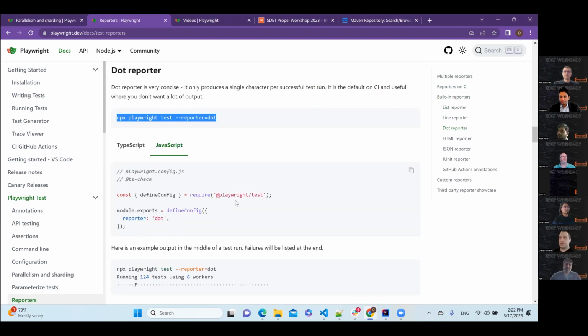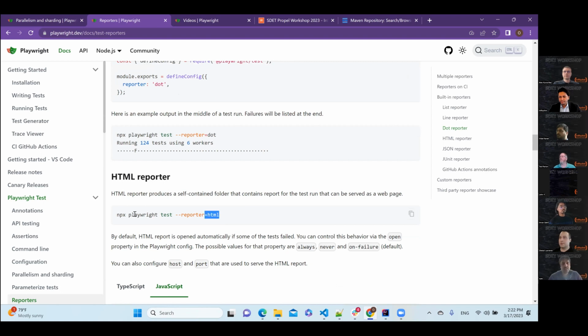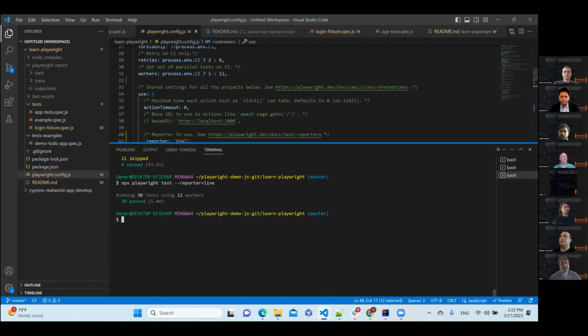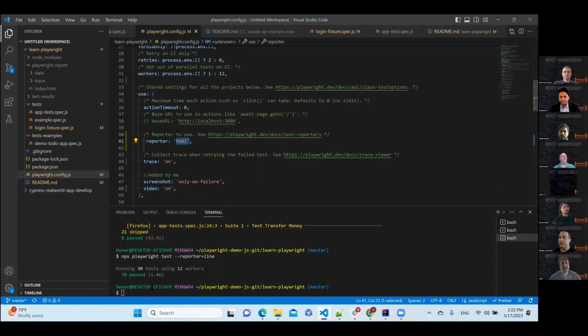But the most important test report is HTML. And I noticed that even if I have HTML by default in the config, after I run different types of reports, it starts executing the previous type of report. That's why I need to set my report back.